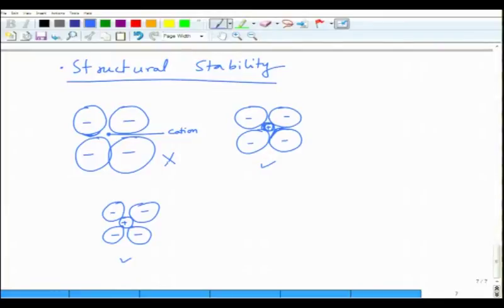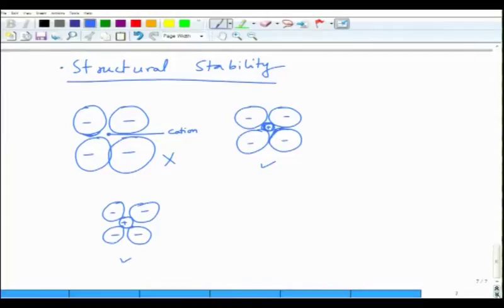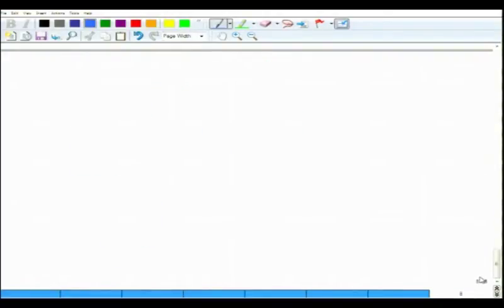What kind of size will determine how many neighbors you will have, so that you have this structural stability, so that you have cations and anions touching each other and anions are farther away from each other by a tiny distance, so that there is no net anionic repulsion. So, as a result there are guidelines regarding coordination number and radius ratio.